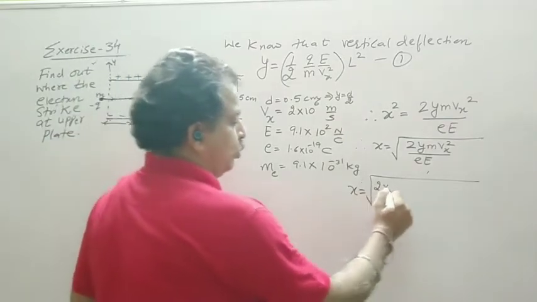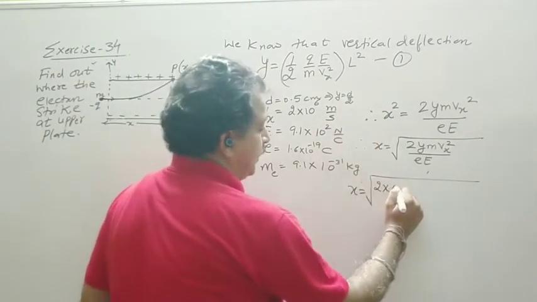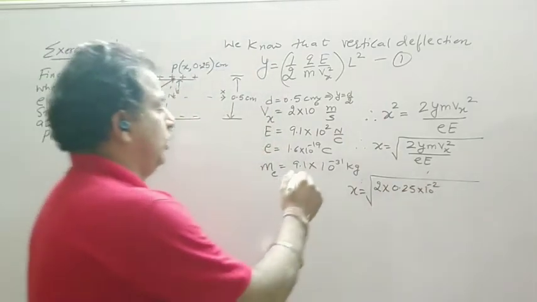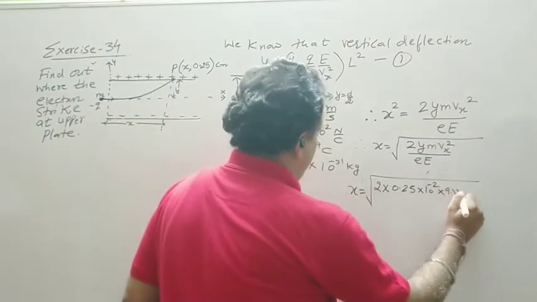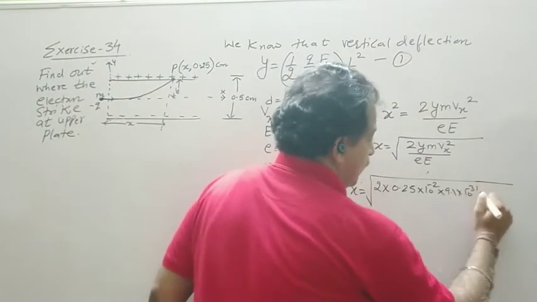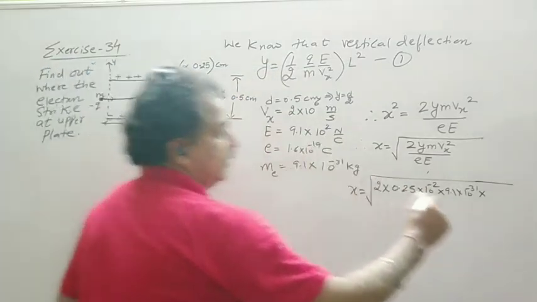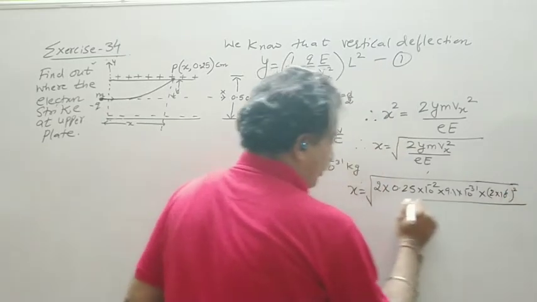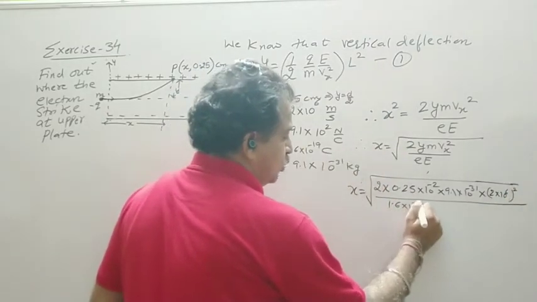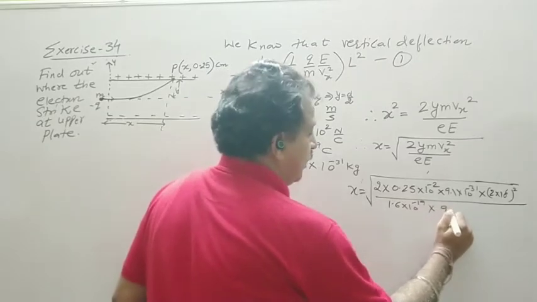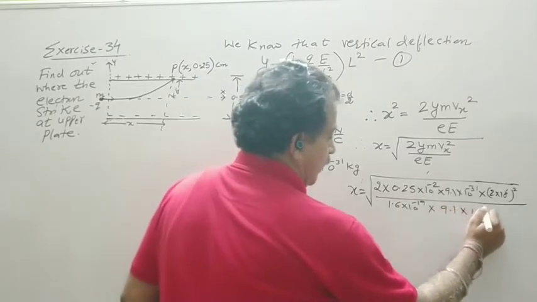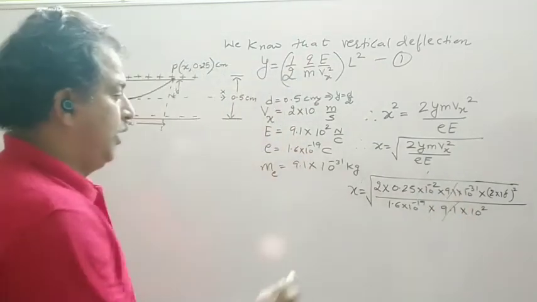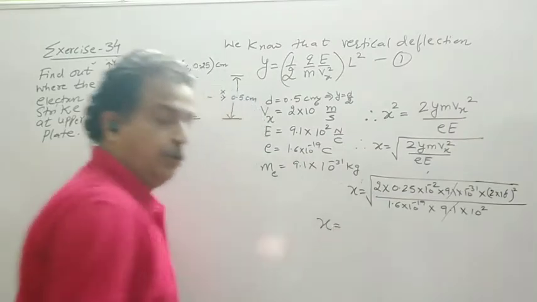So x is equal to 2 into y, that is 0.25 into 10 raised to minus 2 meter, into the mass of electron, that is 9.1 into 10 raised to minus 31 kg, into the horizontal speed, that is 2 into 10 raised to 6, whole square, upon 1.6 into 10 raised to minus 19 into electric field, again 9.1 into 10 raised to 2. So this 9.1 gets cancelled. You substitute all these values